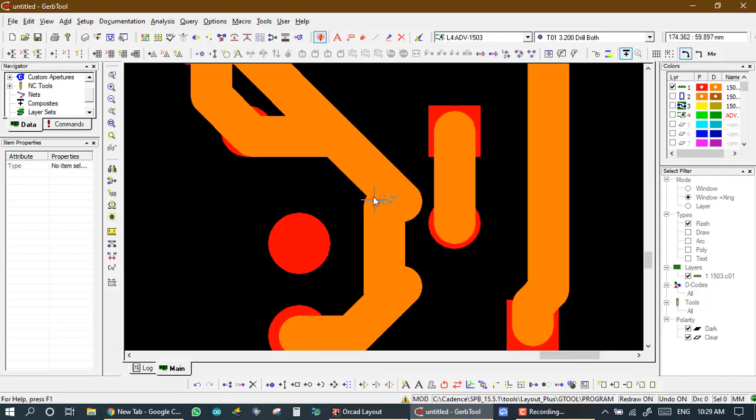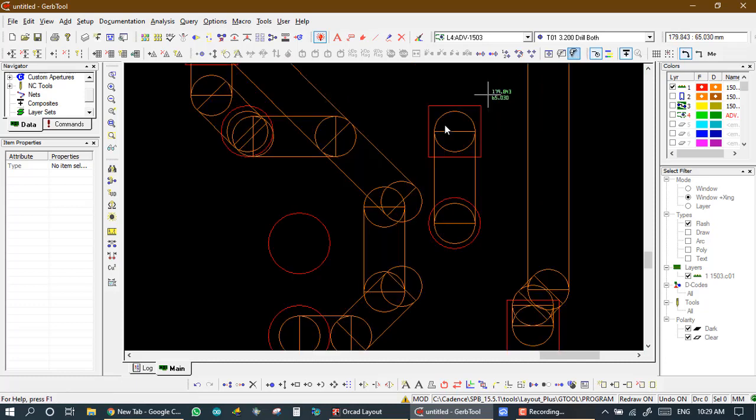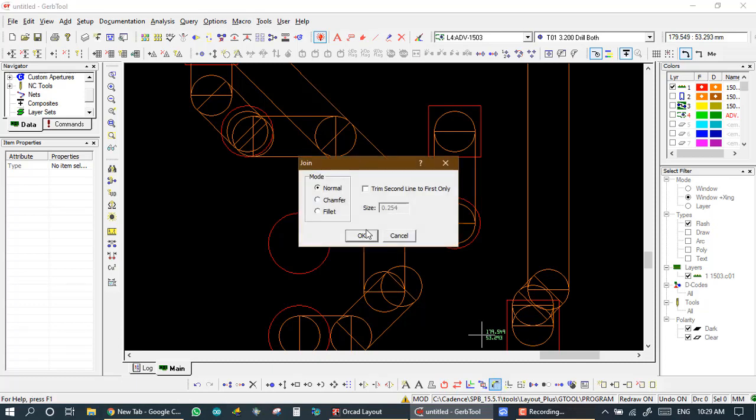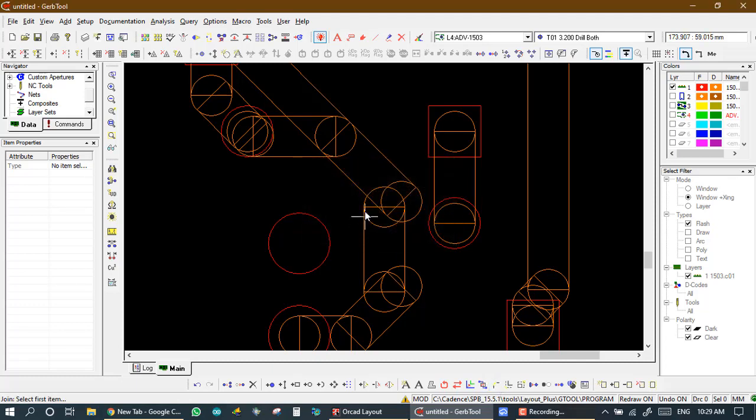and now we make it transparent, and this track is now mismatched. So first we join it, so go to join line, okay, and first click here and here, first and second.